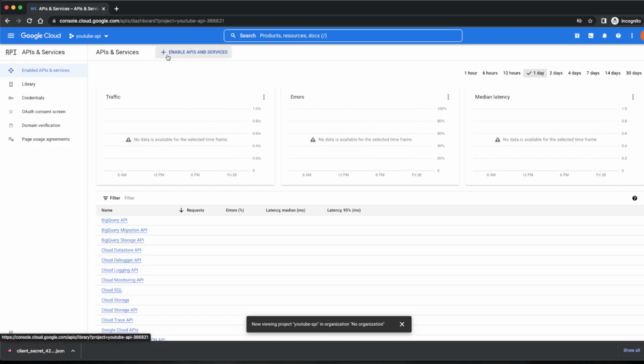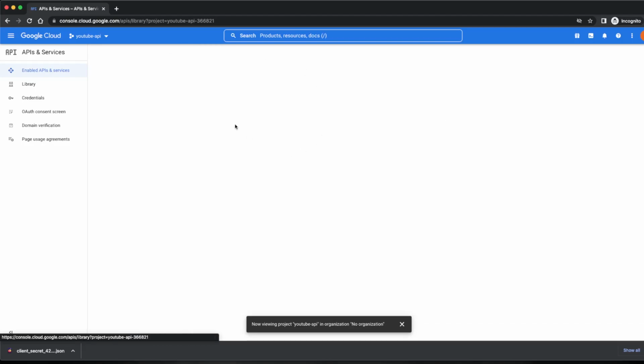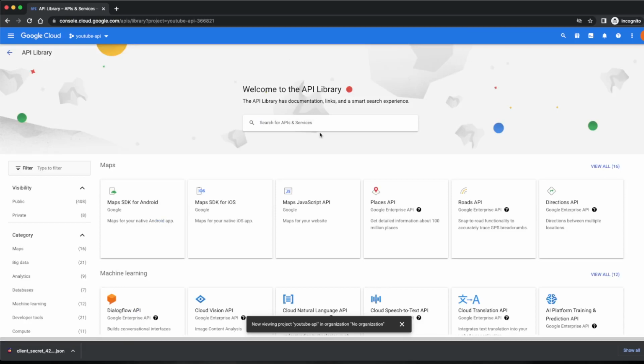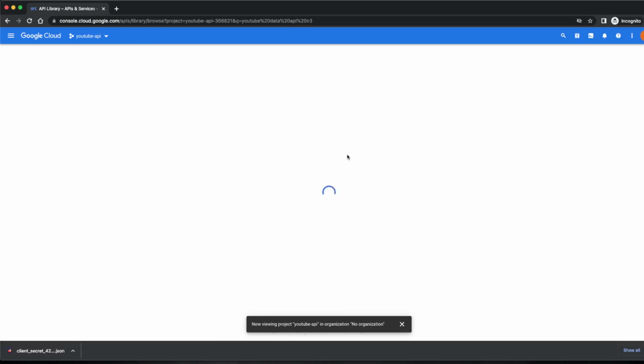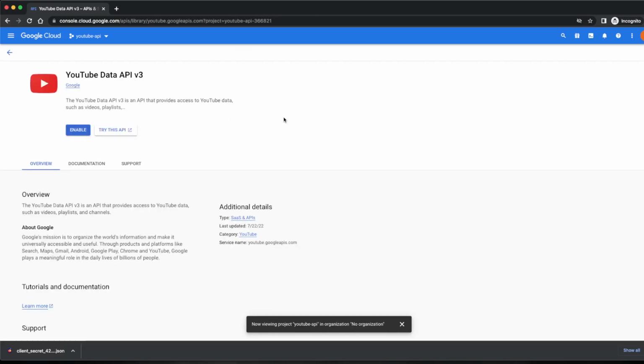Now, the next thing that we need to do is enable the APIs for which we need to create an API key. So right now we need to click on YouTube over here and we get this YouTube Data API v3. This API basically lets us get data of YouTube through the API, like the channel description, the details, the metadata of the channels or videos that we are interested in. Okay, so let me just enable this one,